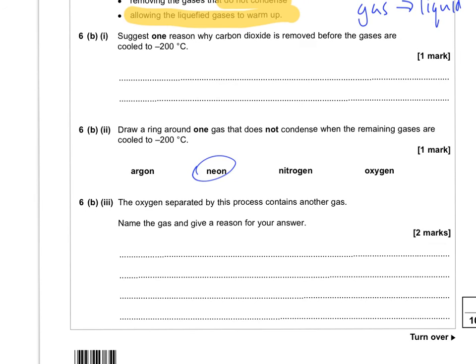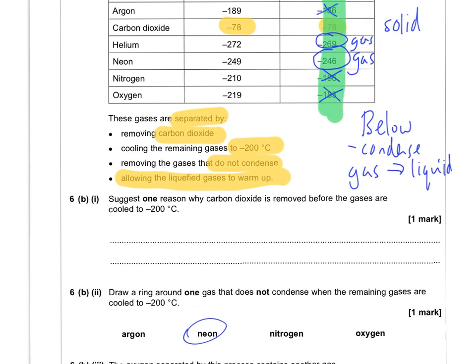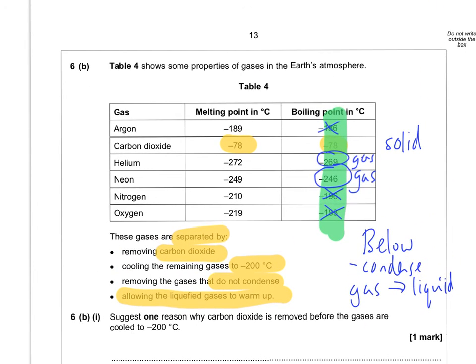Right, okay. The oxygen separated by this process contains another gas. Name the gas, and give a reason for your answer. So again, we're going to use the table. We're not going to expect that we know this, so we're going to have a look at oxygen,